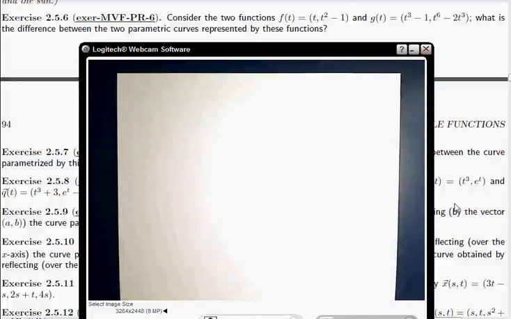Okay. So in number 6 here, these two functions parameterize the same curve. So these have the same image. Now they're different as parametric curves only in that they are different parameterizations. Right? The functions are different. They give you different points for the same time. So you, in some sense, are moving along the same parametric curve, but you're moving along it at different